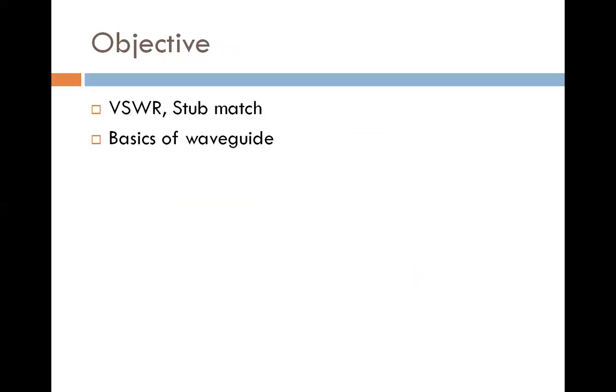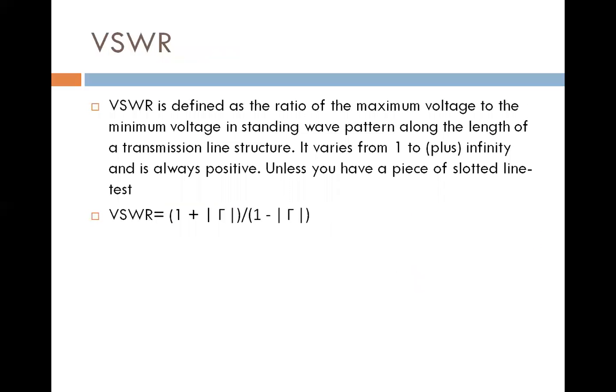Now we revise all the things. VSWR is defined as the ratio of the maximum voltage to the minimum voltage in the standing wave pattern along the length of the transmission line structure, and it varies from 1 to infinity and is always positive unless you have a piece of slotted line test. And the formula is VSWR is equal to 1 plus rho divided by 1 minus rho, where rho is the reflection